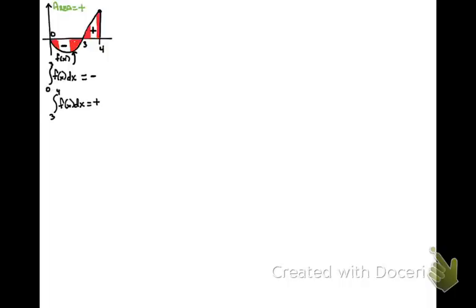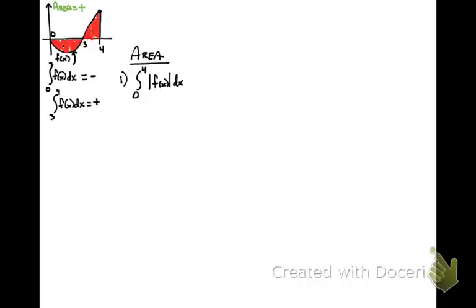So what does this mean? What this means is, if I wanted to find the area, and that's still the issue right now, we're talking about the area under the curve, and what I mean by that is the space, the stuff in red, right, all of it. So if I want to know all of this and all of that in terms of area, then I can do it a couple different ways. One way, since area must be positive, is I could take the integral from 0 to 4 of the absolute value of f of x